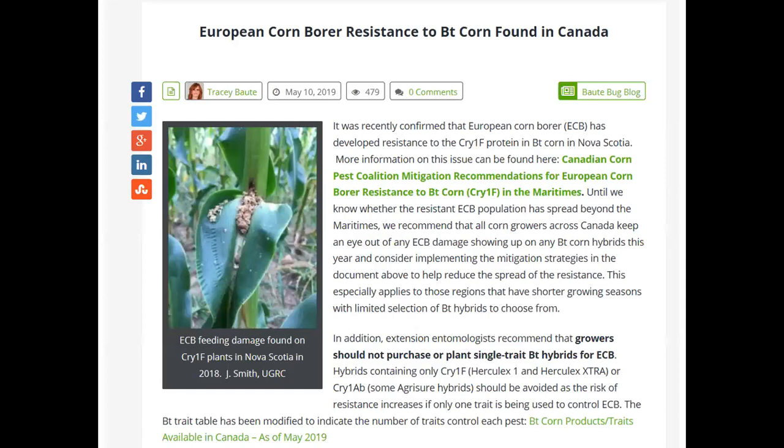And then just to complicate things for the European corn borer, in recent years, this is going back to 2019, this article, in recent years, they have been finding small populations of BT-resistant corn borer in field corn. And so that is something to keep in mind as corn methods change, and hopefully this is just localized populations